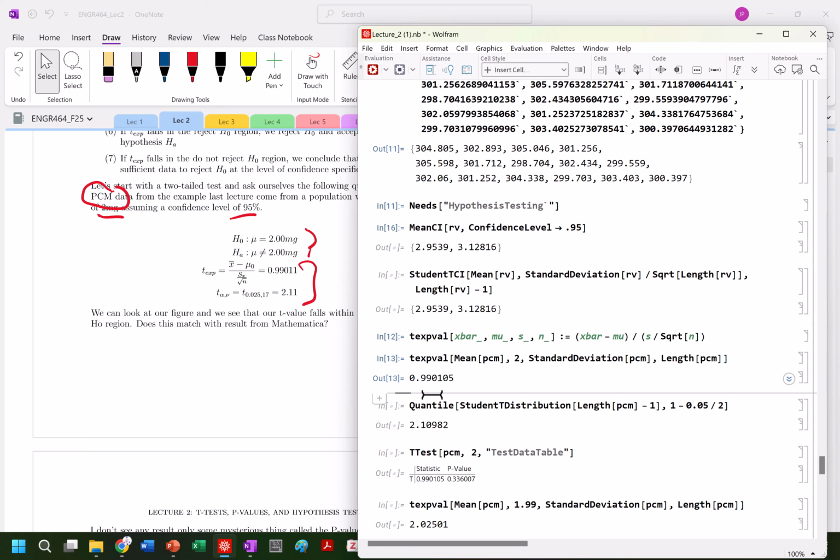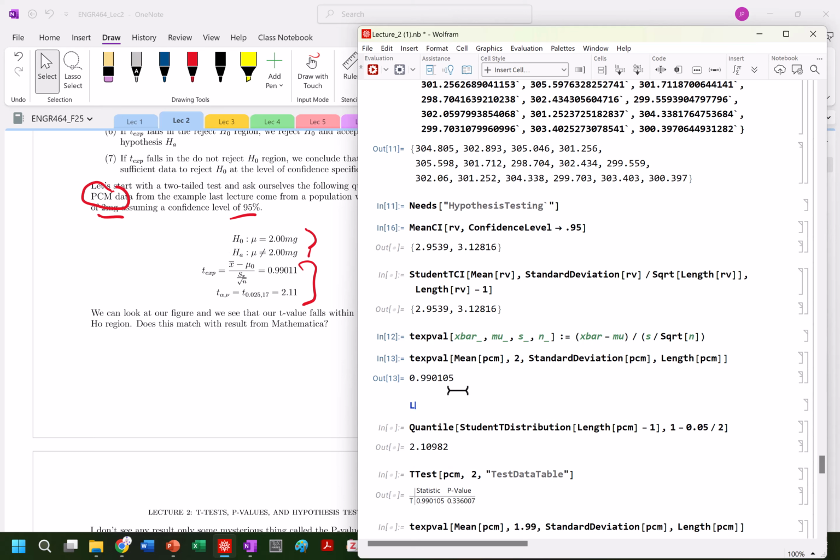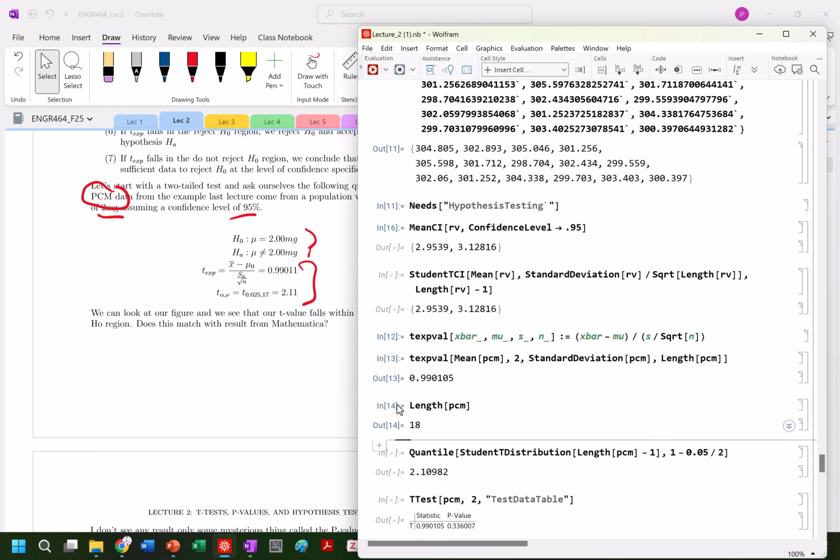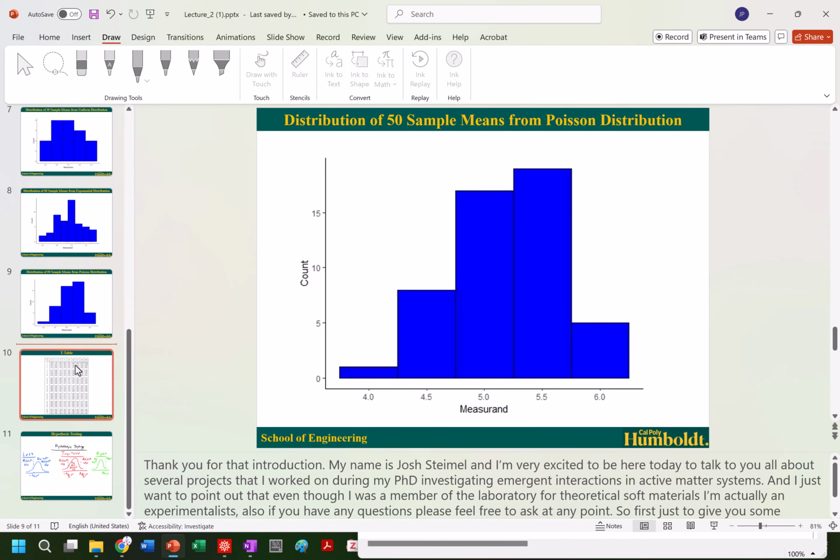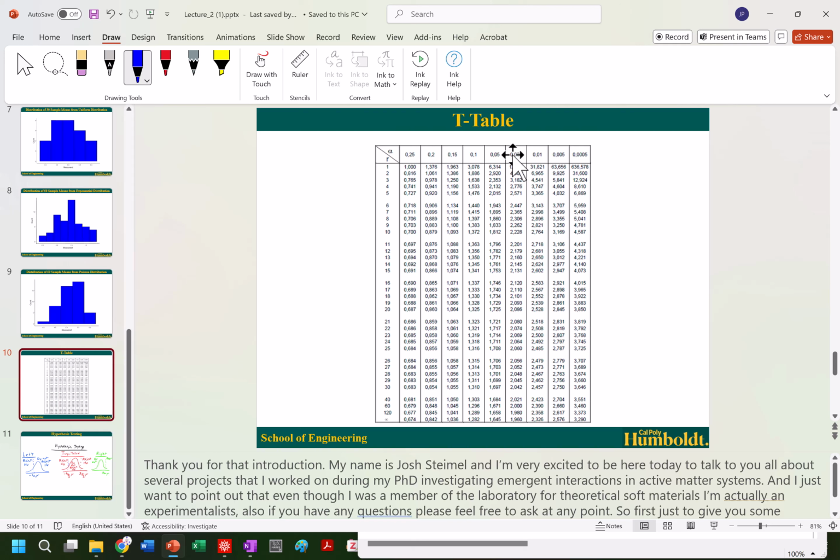Now, our t alpha, if it's a two-tailed test, is really alpha over 2. We're working at a 95% confidence interval. This says 0.05, and 0.05 divided by 2 is 0.025. If we look at the length of our PCM, we get 18, so the degrees of freedom is n minus 1, which is 17. So we can look in the table and see that this theoretical value, for 0.025 and 17, is 2.110